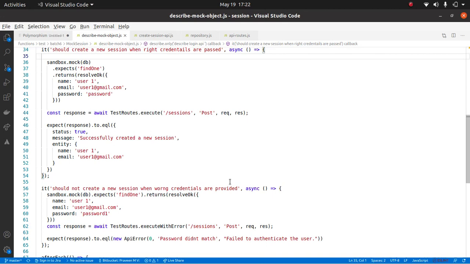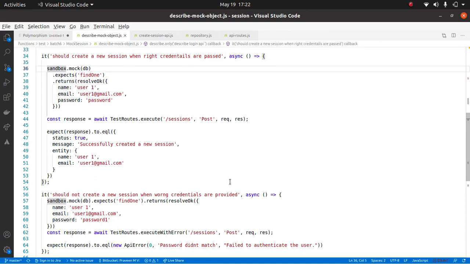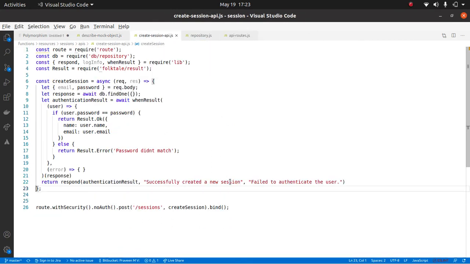Okay. Cool. So let's proceed. Let me tell again. Till now we have not written a query class, right? We have not actually hit the database. What we are trying to do over here is test this function, and in order to test this function we are going to mock this call.